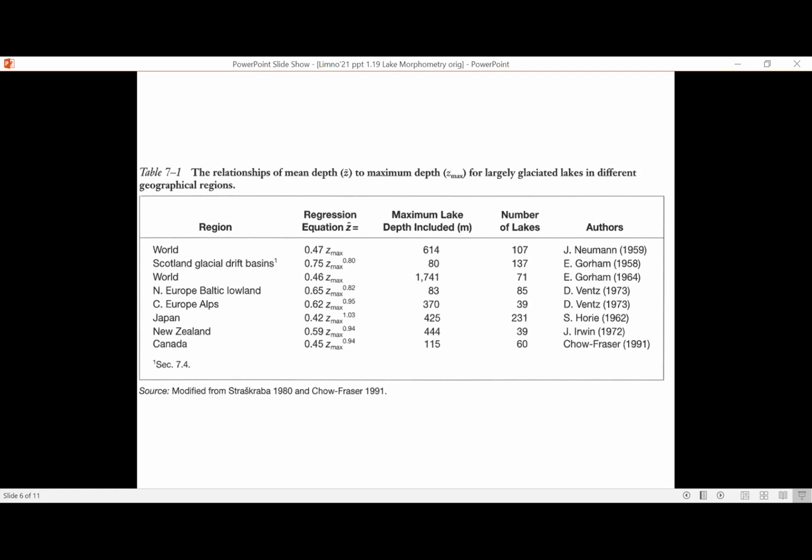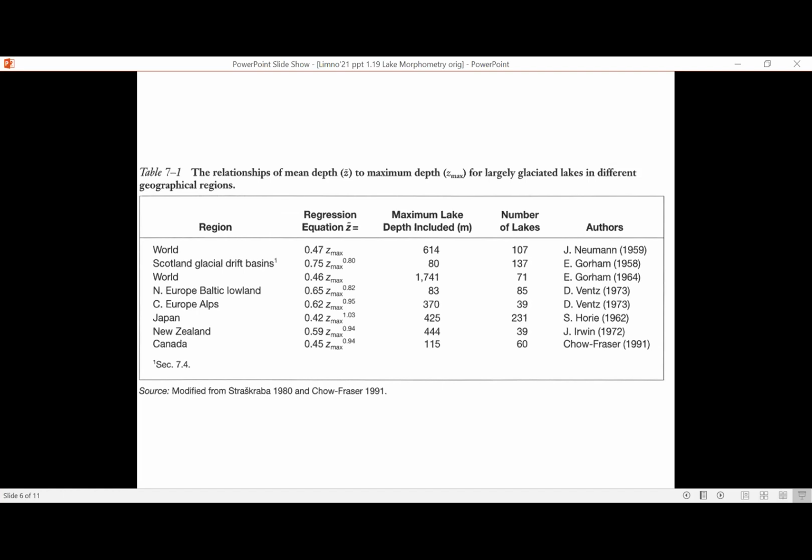So what we've got here is the maximum depth on this axis, the mean depth. Z is usually used for depth, so I'm going to use Z max versus Z mean. And what they found is, if you take a bunch of lakes, every one of these dots is a lake, and you fit a line to it, and then you say, what's the equation for this line, right? Y equals mx plus b,